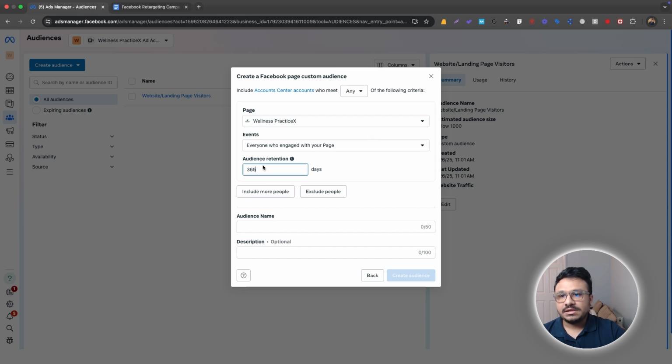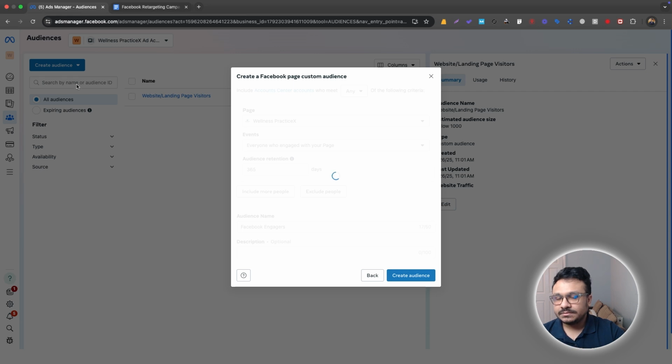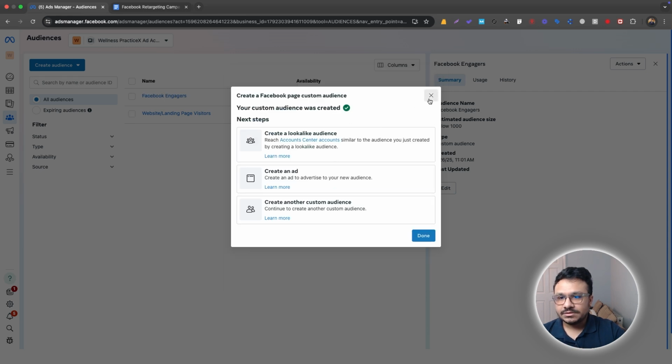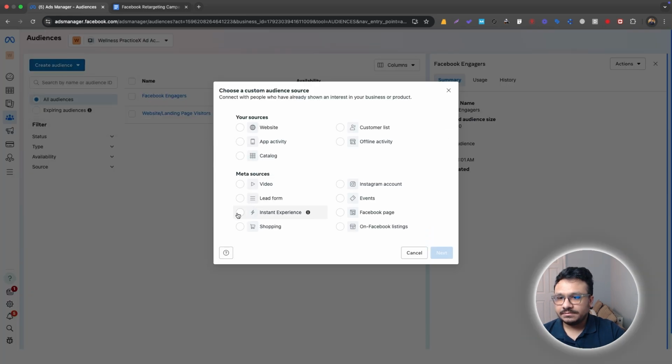So here in audience retention, you can do 365 days, which is fine. Include more people. I don't want to do that, so I'll just do Facebook visitors or engagers, create audience, and then I'll just create audience again,